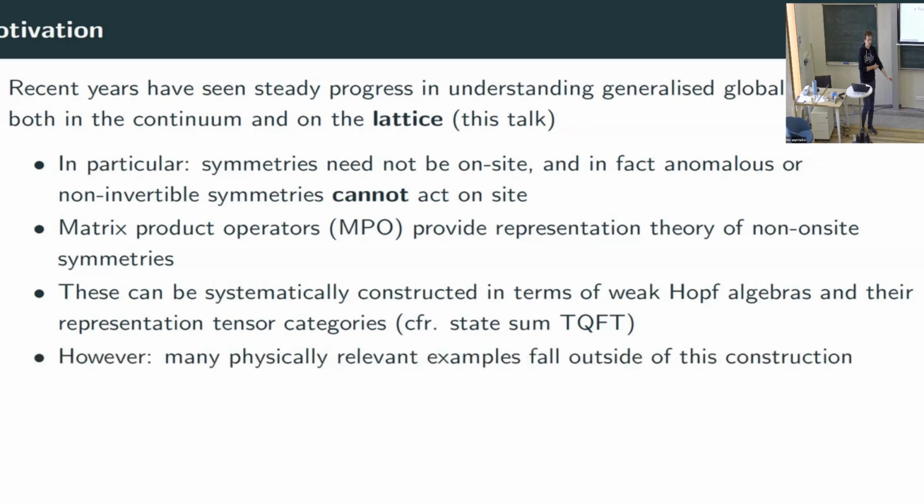Now, this is all nice, and we can get many interesting models from this. However, it turns out that many physically relevant examples don't seem to fit with this construction. If I go talk to my condensed matter friends, which I have a few, they will give me Hamiltonians that look nothing like those that I get from this TQFT construction. In fact, the Hamiltonians and the models and the symmetries you get from these TQFT constructions often look quite stupid, for lack of a better word. They look very complicated, with very long range interactions, very strange Hilbert spaces that are not tensor product Hilbert spaces, things like that. And so this is not what we are used to working with in physics.